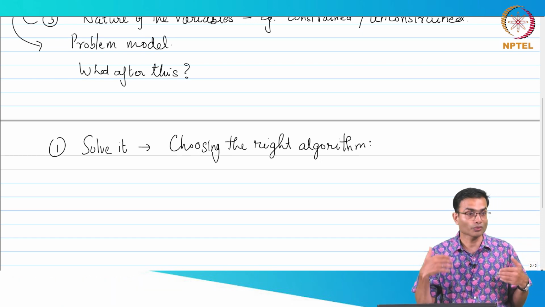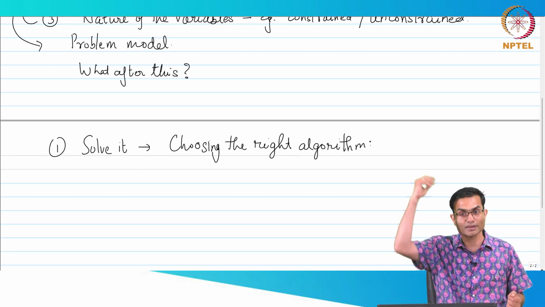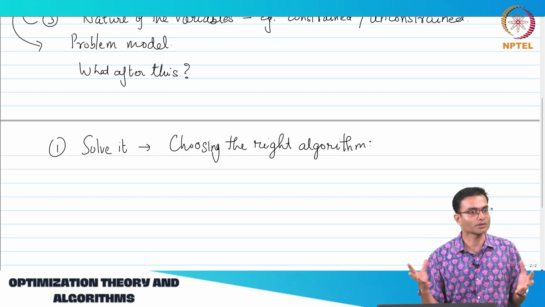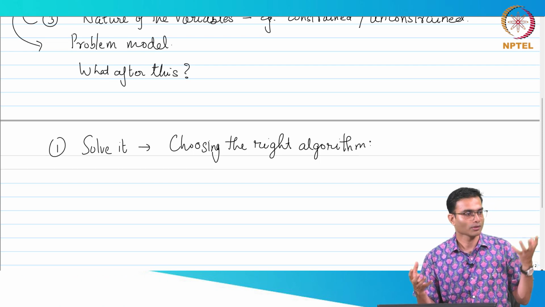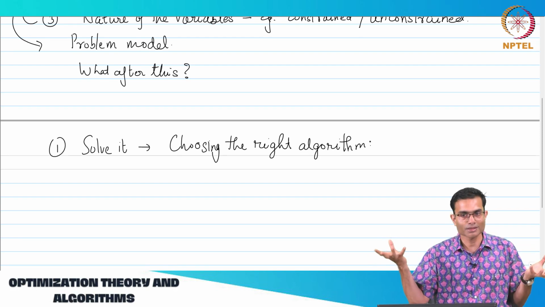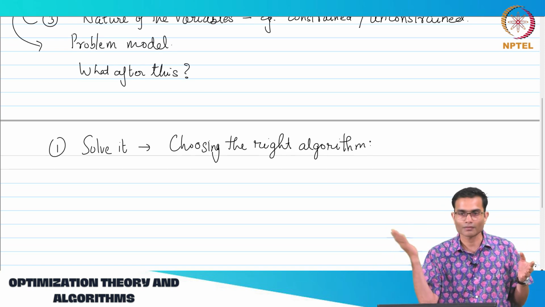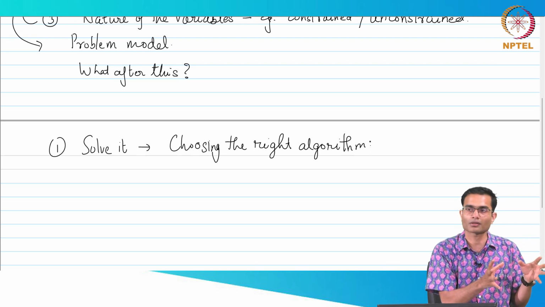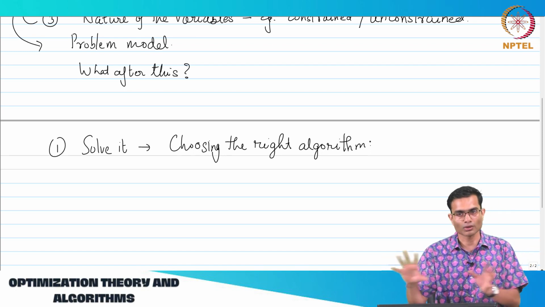Now, if I want to really be crazy, I can go and model the health of the person, the stamina of the person, the weather conditions, everything. I can take everything into account. I get a nice, beautiful problem, which turns out is impossible to solve. So there is always going to be a trade-off between complexity of the model and complexity of the solution. And as engineers, you have to learn to make this trade-off. What you should start off with is to hack away all the inessential parts, come up with a basic model which is not totally unrealistic, but captures the main essence of the problem, and solve it.